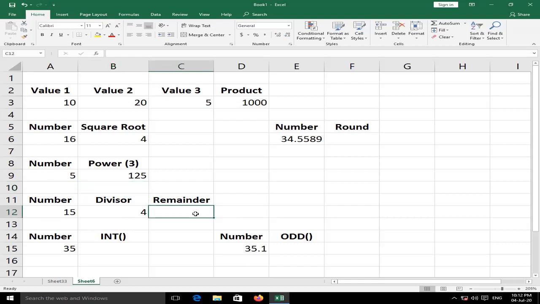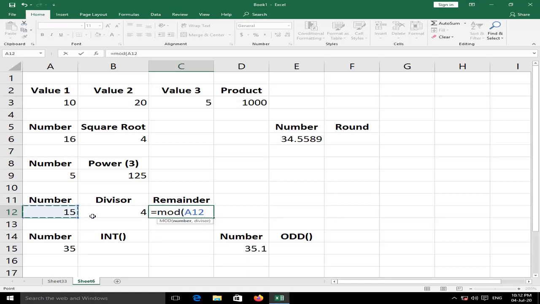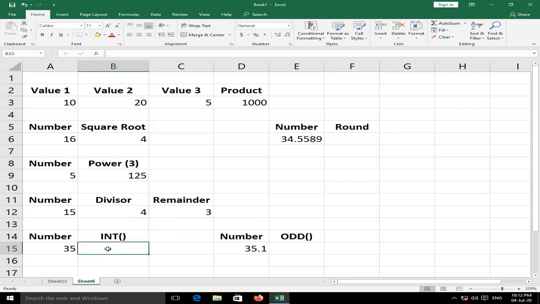Then is the MOD function, it is used to find the remainder of a division. So equal MOD, bracket start, then number, comma, divisor, then bracket close, then it will display the remainder of the division. Then next is the INT function, it is used to display the number in integer format.